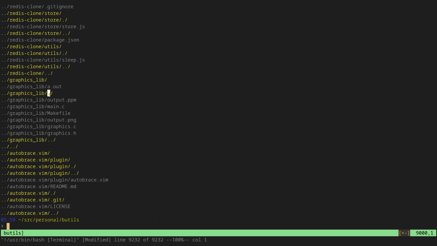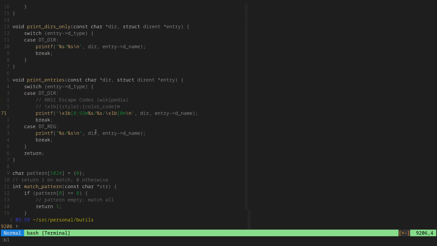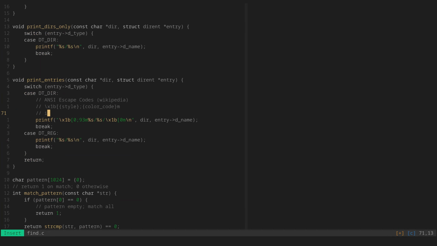Graphics library dot slash, graphics library dot slash, dot slash. Okay, so we need to find a way to, I'm thinking this one,